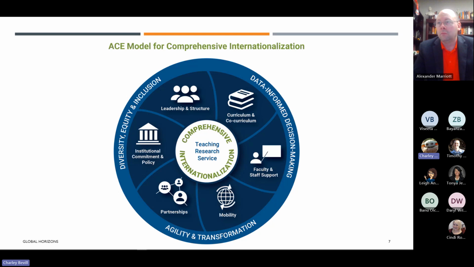There are other schools in other countries that we can partner with. The institutional commitment and policy, we are working on that now for ACC. It hasn't been completely nailed down, but we're in the process of getting that taken care of. And then leadership and structure. Again, we're working on this here at ACC.